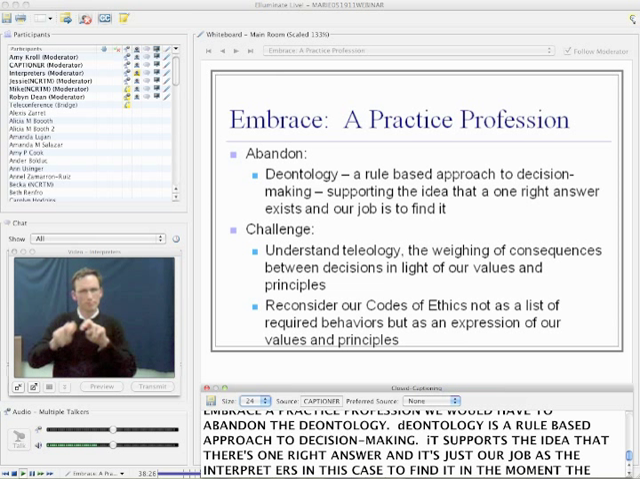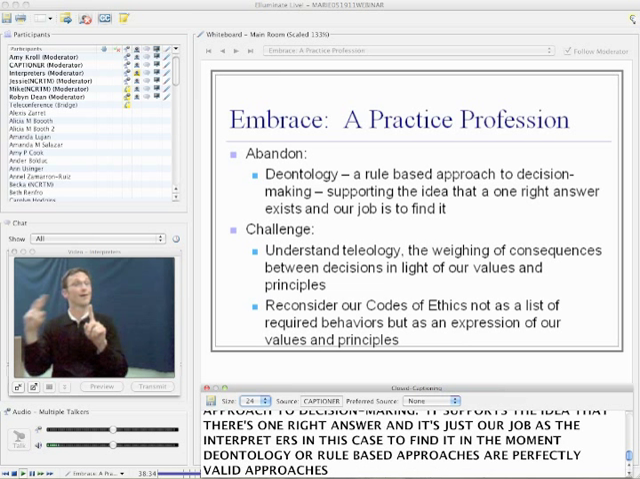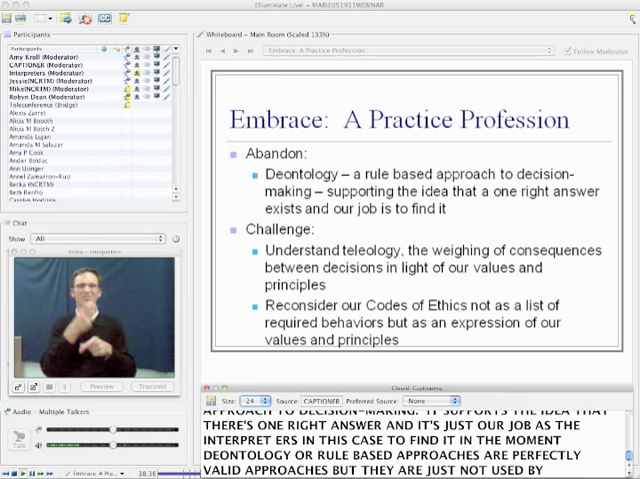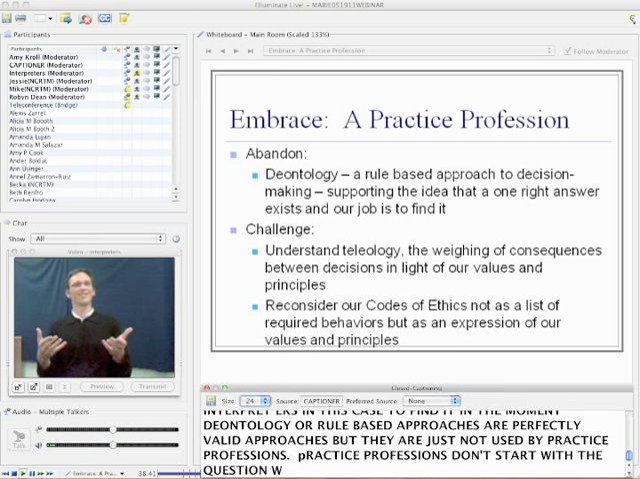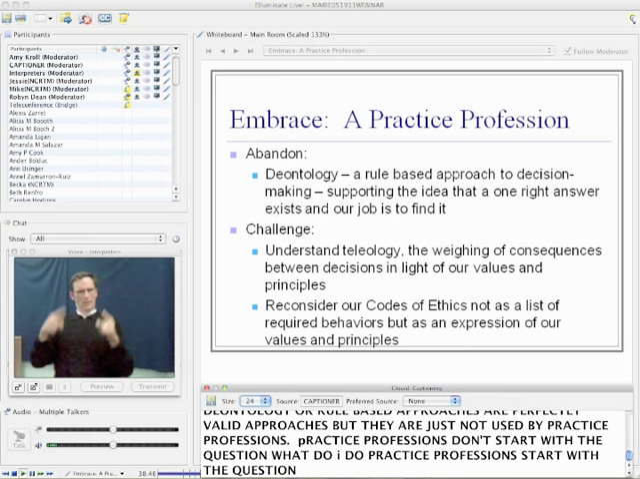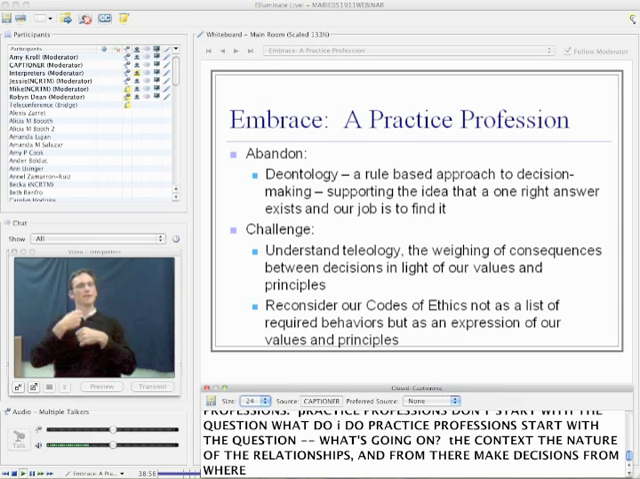Deontology, or rule-based approaches to decision making, are perfectly valid ethical approaches, but they just are not used by practice professions. Practice professions do not start with the question, what do I do? Practice professions start with the question, what's going on? The context, the nature of the relationships, and from there make decisions from where they can consider their consequences. That is a different approach to ethical decision making called teleology,